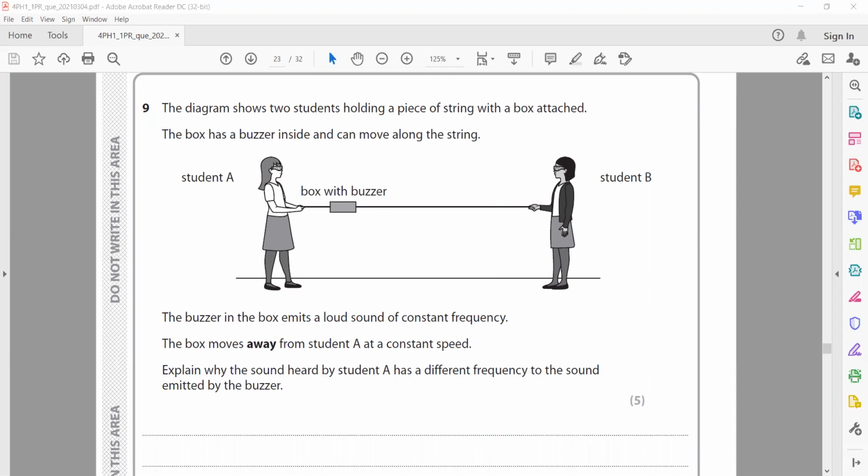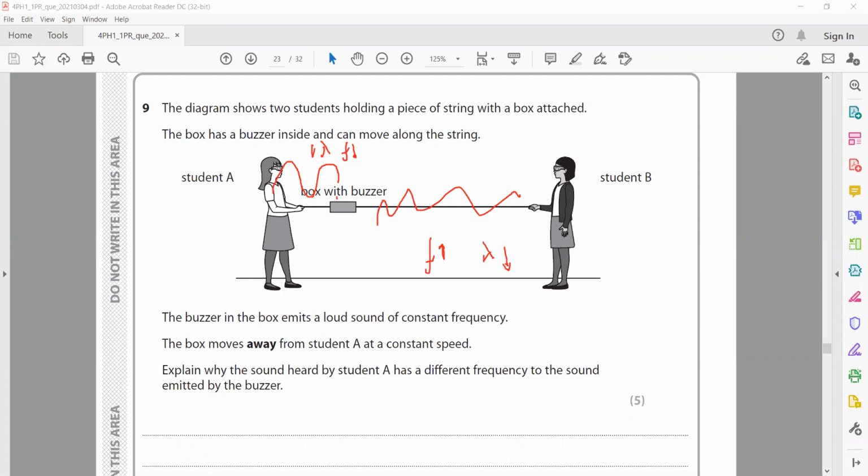So that is due to the Doppler effect, because of the relative change in frequency due to motion of the source or observer. The frequency of the sound or wave emitted from the buzzer is not changing, but as it is moving away from her, she will receive a longer wavelength and lower frequency. And the one which is moving towards, she will receive higher frequency and shorter wavelength.